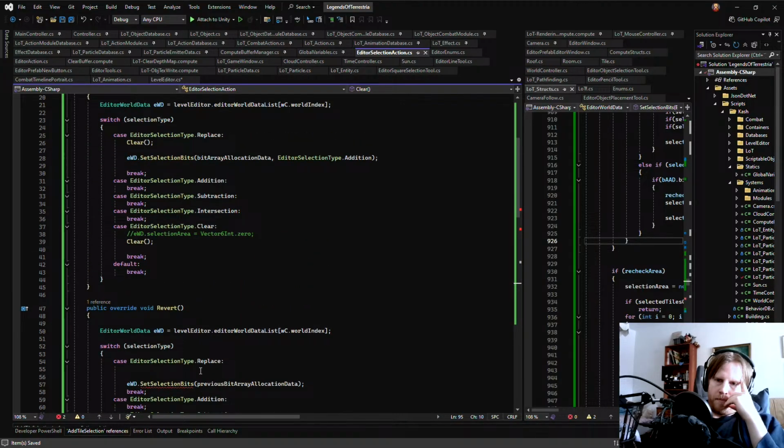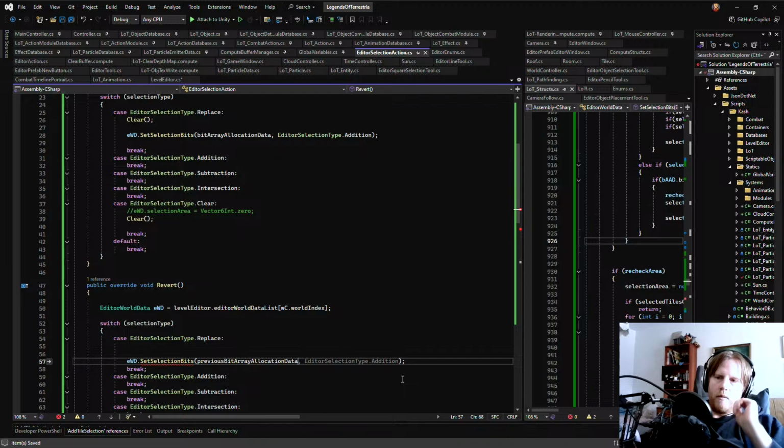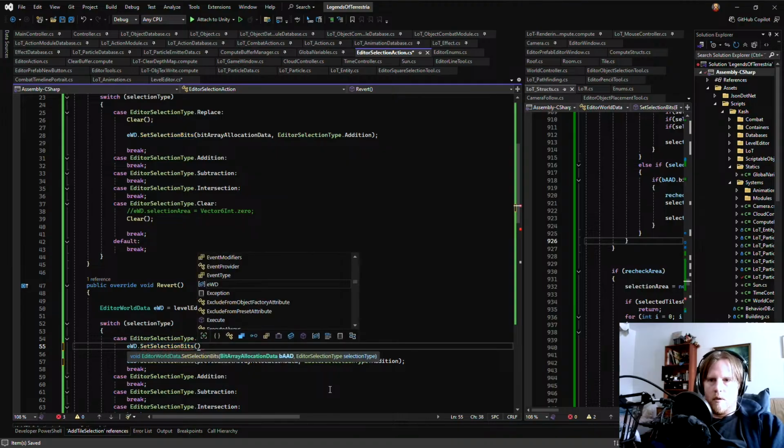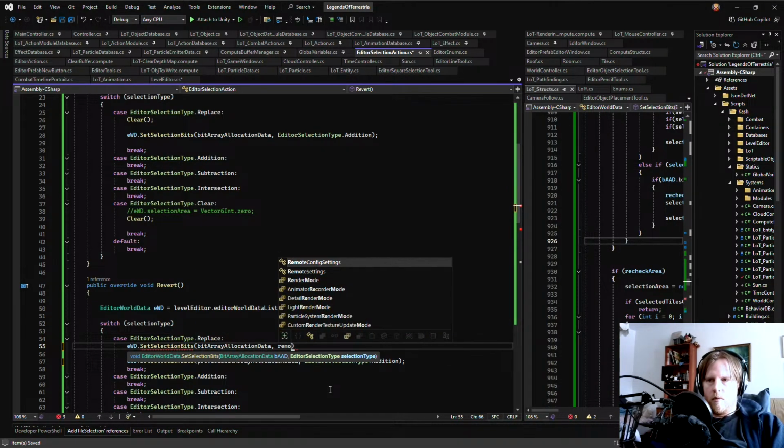And then here, addition, in order to replace, we do that, and then we have to ewd dot set selection bits, bit allocation data, subtract.